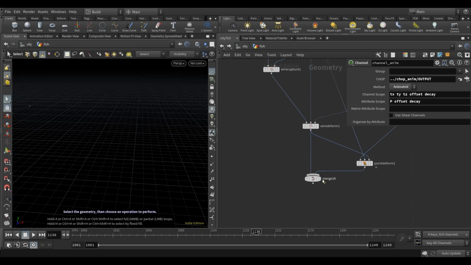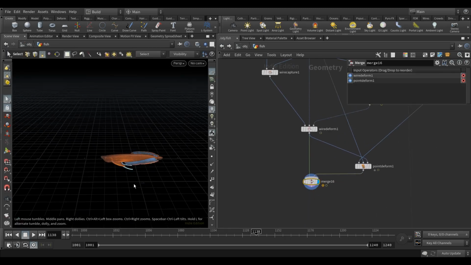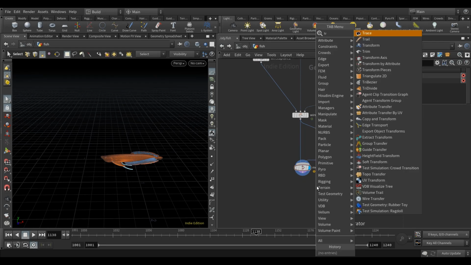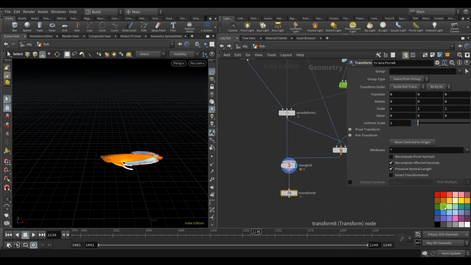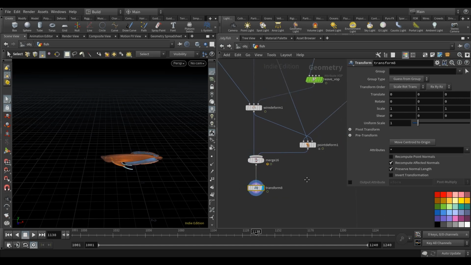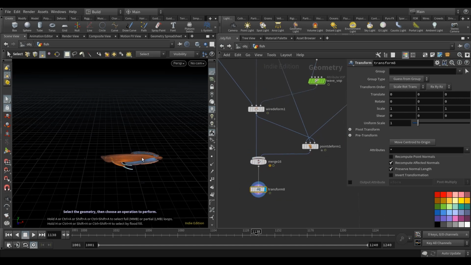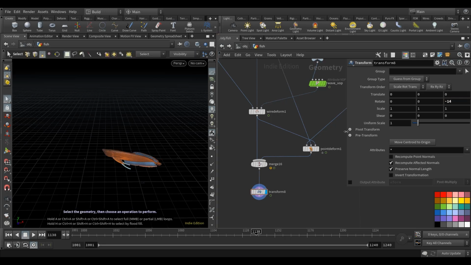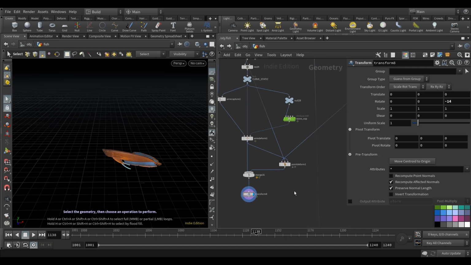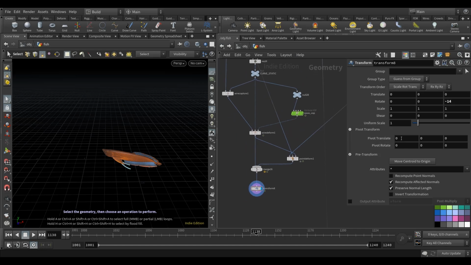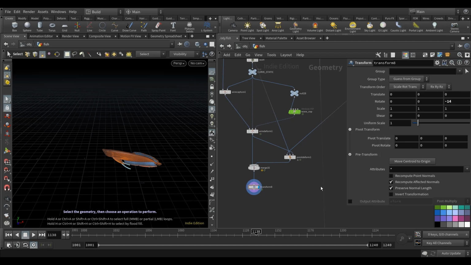And now let's go back to where the fish is. So here, let's drop a transform node. So we want the fish to swim tilted up a little bit, so let's just rotate this slightly. And the pivot transform, just to be safe, let's use the